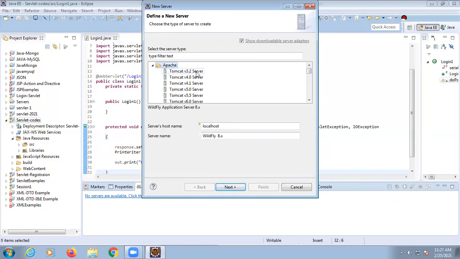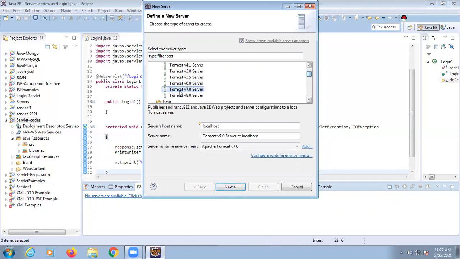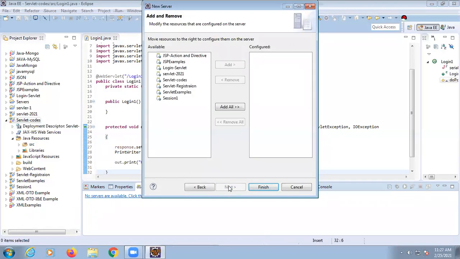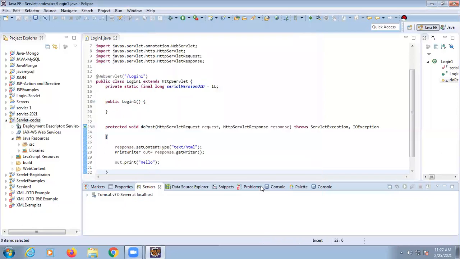Click on Apache and you will find many Tomcat servers. Select the server version that you have installed; I have installed version 7. So here I am selecting the Tomcat 7.0 server. Then click on Next, and then Finish. So here your Tomcat server is added now.